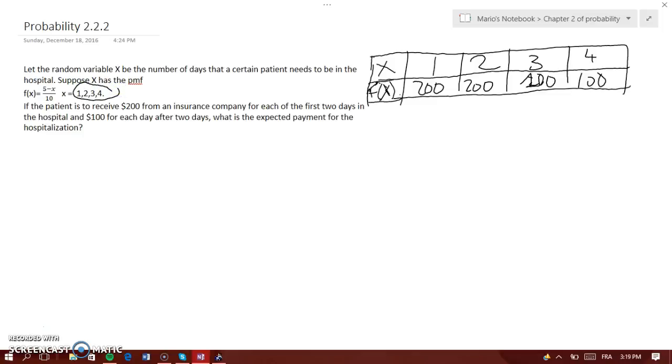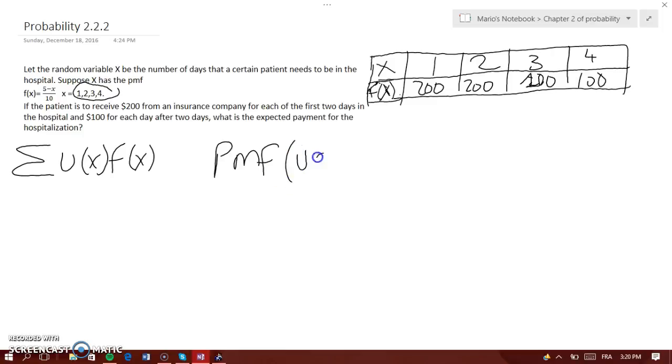So now we are looking for the expected payment. It's basically the expected value of the payment, which is the sum of u of x times f of x. But how are we going to find the expected payment? First, we need to find the PMF of the payment before we can find the expected payment. So the PMF of the payment, let's call it u of x, would be